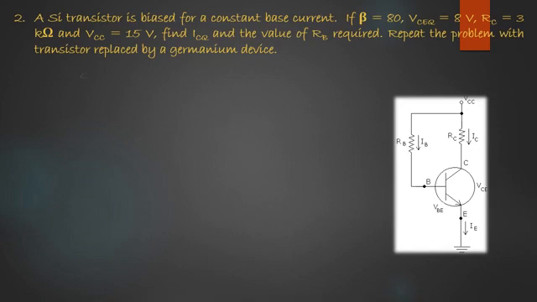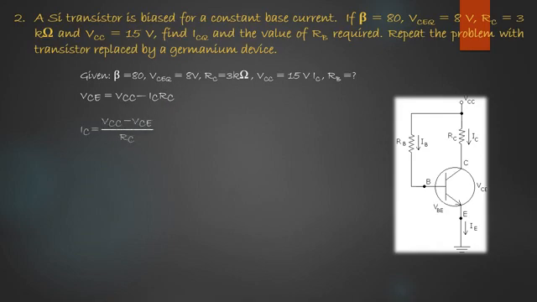So the circuit of the fixed bias, and these are the given parameters. We have to find out IC and RB. So we have the expression for VCE. We have to first make use of the expression of VCE, thereby we can find out the value of IC here. We have been given VCE already, VCC is given, RC is also given, so we can find out the value of IC making use of the formula,